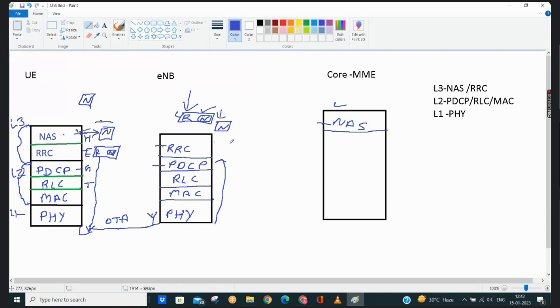We have one interface, the S1 interface, and the protocol name is S1AP. With the help of this interface and that protocol, the eNode B transmits that packet to the NAS layer. Now NAS will receive that packet, NAS can decode it, and find out we have one piece of information, that is N. Got it, guys?